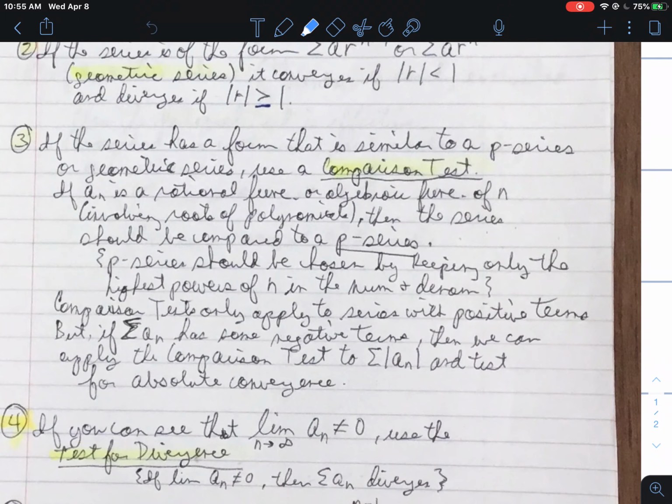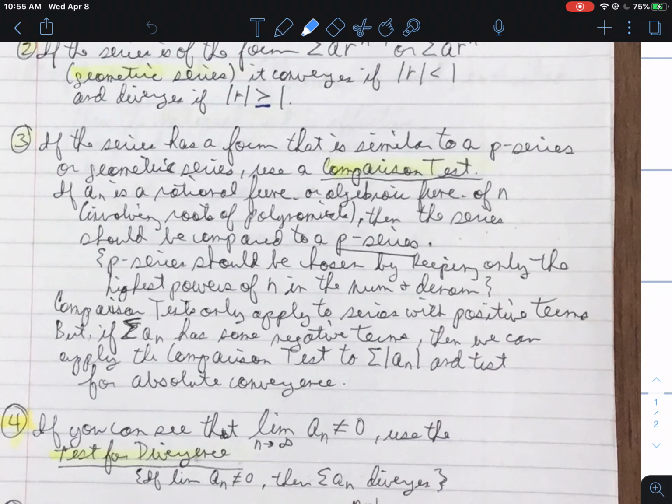Number 3, if the series is of a form that is similar to a P series or a geometric series, right? So it's like, okay, I look at this series, it's not exactly a P series or a geometric series, but it's very similar. It fits the basic format. That's where your comparison tests typically come into play, whether it's the direct comparison test or the limit comparison test,